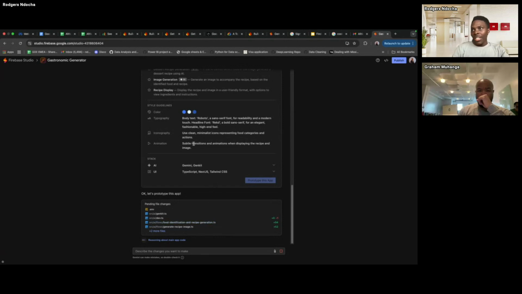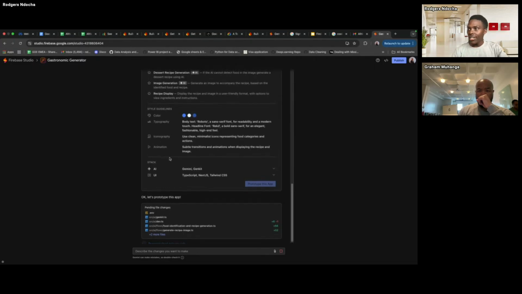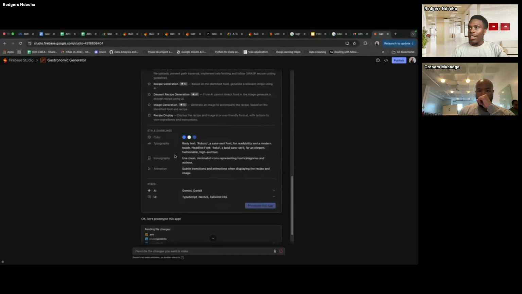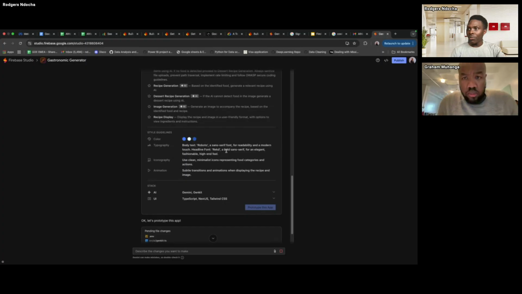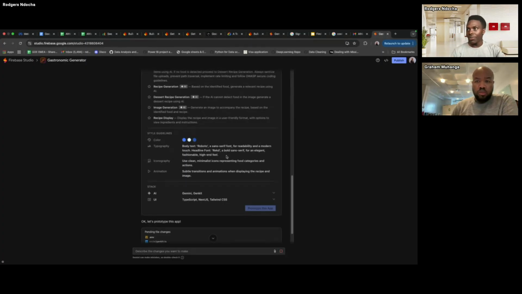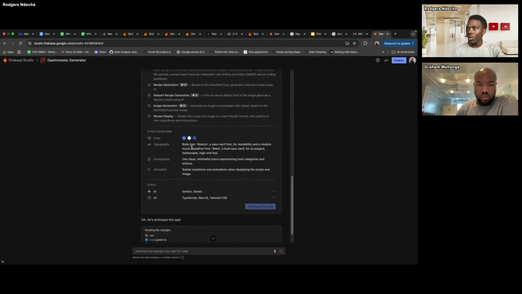As it's prototyping, one thing that I want to mention is we are going to use the Gemini API. There are so many ways for us to get the Gemini API, but the most common one is to get it from AI Studio. For example, this application is going to use Gemini to identify the kind of food from the screened image, and also to give the ingredients and the instructions on how to prepare that meal.